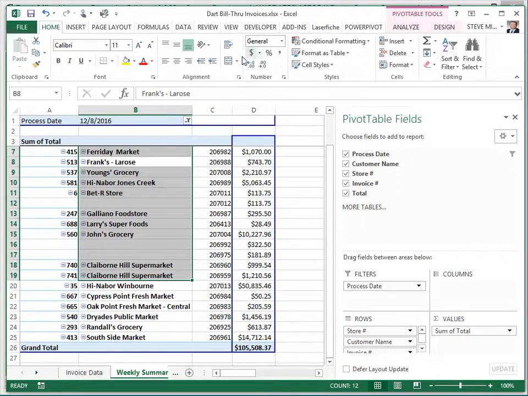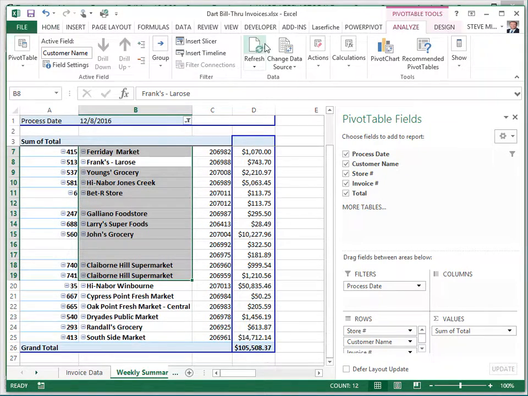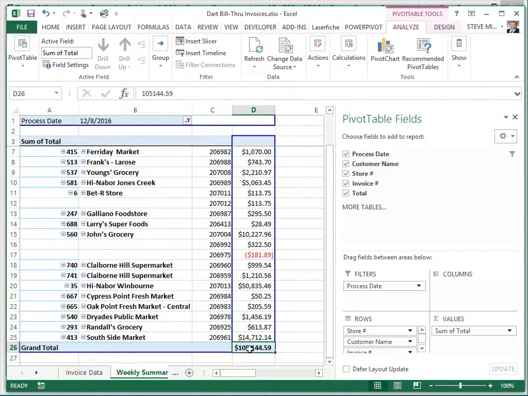Let me refresh the data, and now it shows as negative. So we're going to process through $105,000 worth of bill through today. So that's a pretty good amount. So continuing on, this is done, so I can just save that, and the people in finance and accounting will